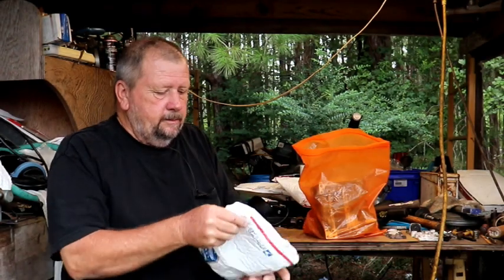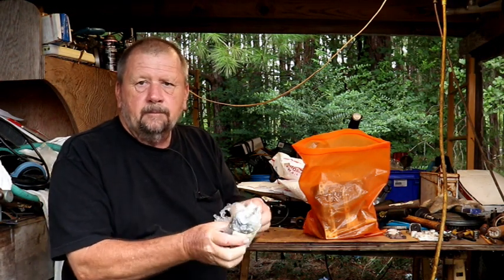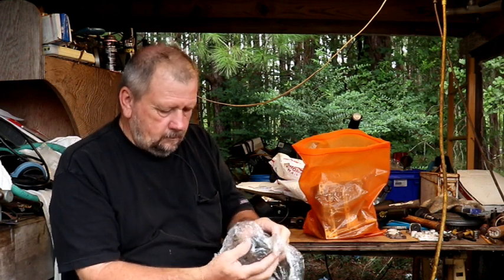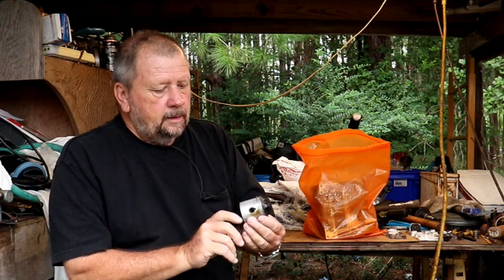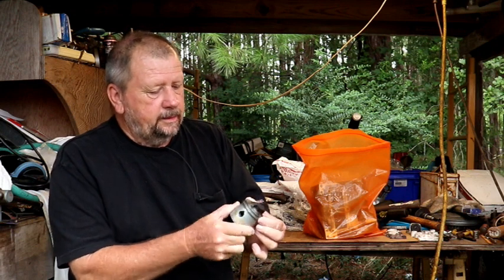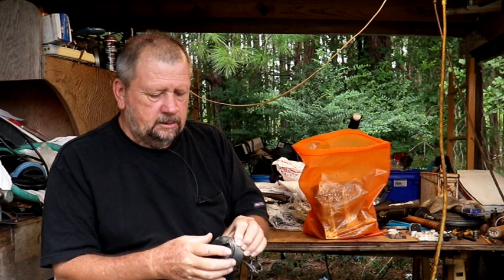Okay, well, we got it wrapped good. Okay. And this is the same model number of my piston. So let's take a look at it. Oops, lost the paper. Okay, here it is. The skirt of it looks good. I mean, the rings aren't frozen or anything. Wait a minute, might have spoke too soon. That top ring might be frozen there. No, it's not. It's just...